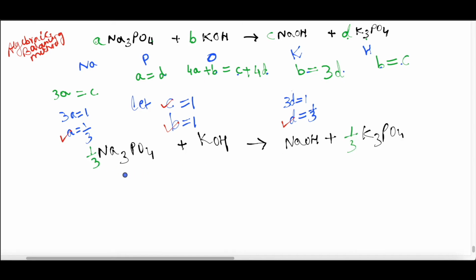Now, we don't like having fractions in the equation because the number of molecules cannot be in fractions. So, in order to make the chemical equation to be in a whole number, we need to multiply the whole equation by which number? Yes, by 3. Why? Because in the denominator you have 3. So on the numerator, if you will multiply the whole equation by 3, these 3 will get cancelled and the final equation will be